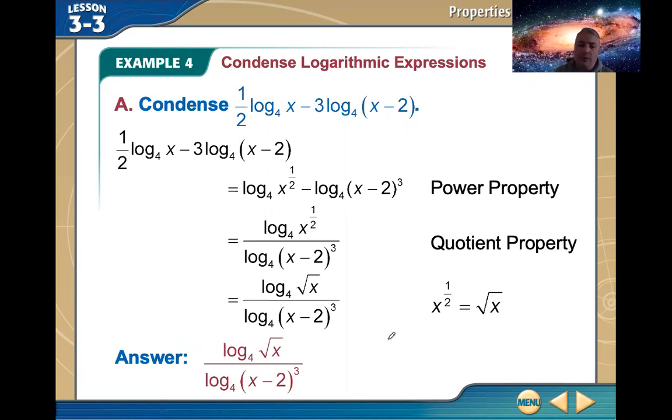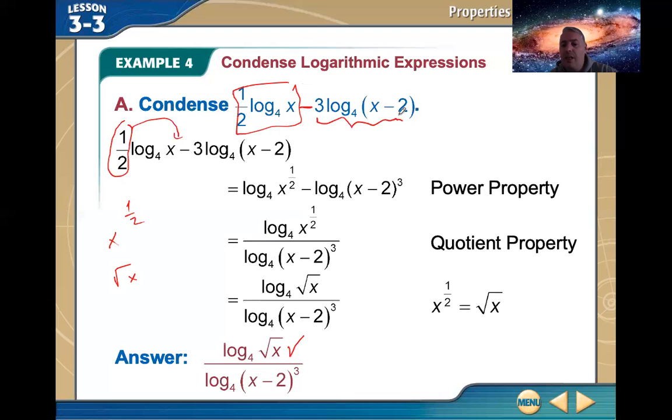Let's check it one more time. The power may come here, so x to the power of 1 over 2 will be root x. And then there is minus. If there is minus till here, that means this is the numerator. Yes, this is the numerator. And now this is the denominator part. So 3 is a multiple, so take it here. That means